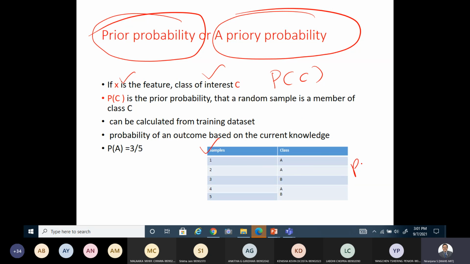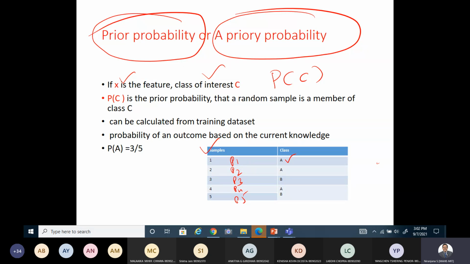From this table, can you calculate P of A? Anyone? Let me tell you what is given in the table. There are 5 samples. We don't know what the samples are, but their class name is labeled here. That means the first pattern, second pattern, and so on are all different patterns, and each label or class is given here. Say this is normal, and this is abnormal. Like that, we know its label.